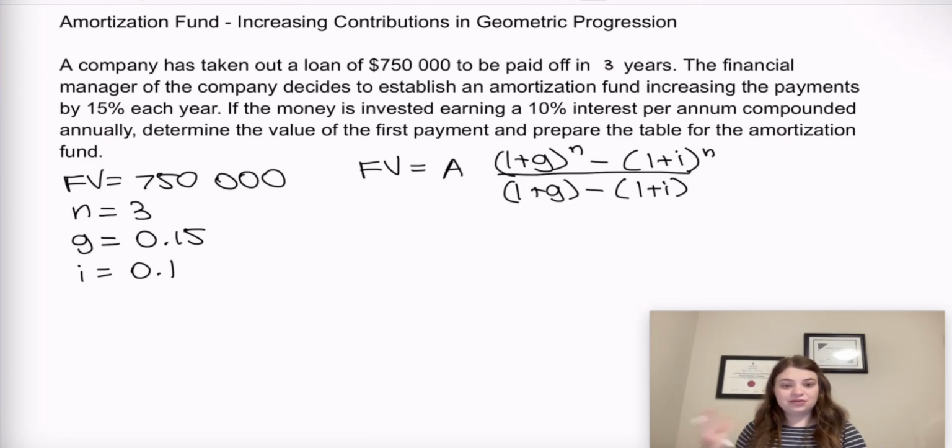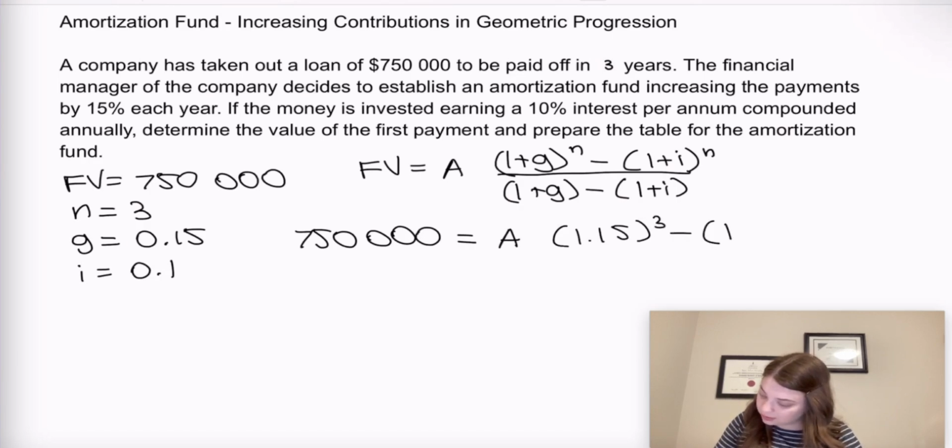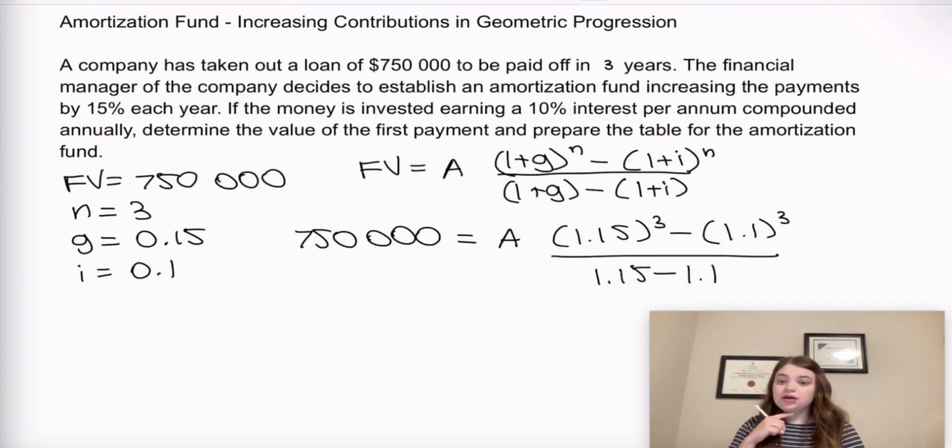Then we just need to plug in everything that we have and then calculate for A, which is the first payment. So therefore, $750,000 is equal to A times (1 plus g) to the power of n, so that's going to be 1.15 to the power of 3 minus 1.1 to the power of 3, over 1.15 minus 1.1. Okay, so next I need to find the coefficient of A by figuring out what this fraction is equal to. So I'm going to grab my calculator and type in 1.15 cubed minus 1.1 cubed equals, and then